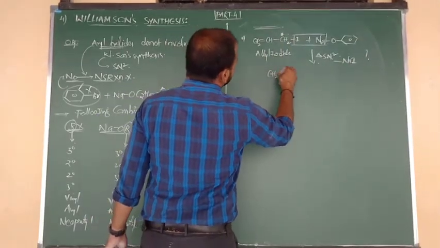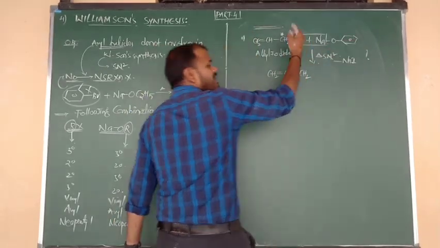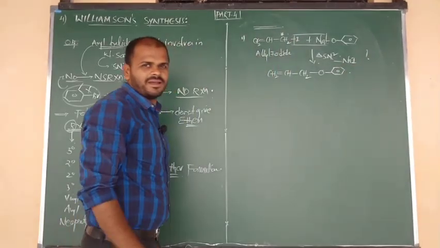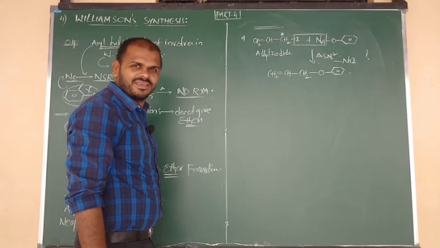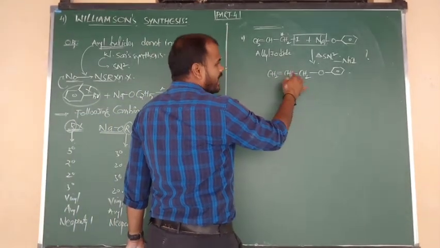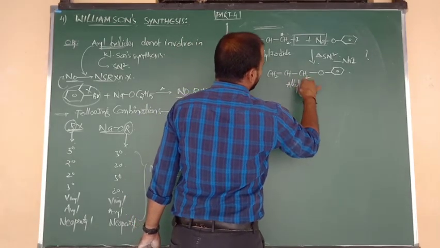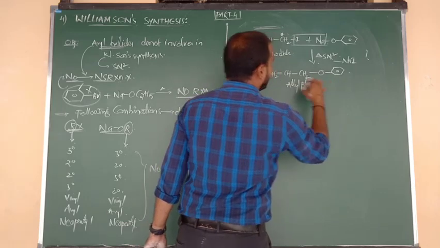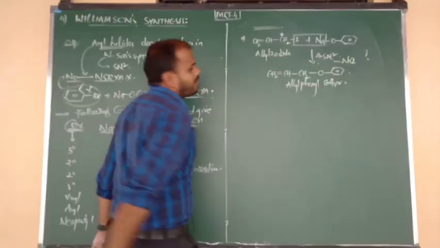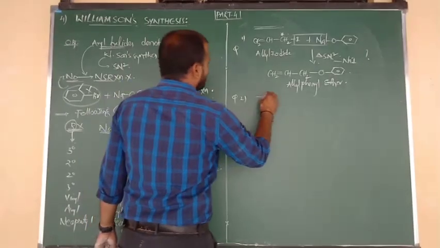What is the product? CH2=CH-CH2, I minus is replaced by phenoxy, so that is nothing but OC6H5. This is your product, beta. So what is the name of this product? You know this very well, beta. This is nothing but the allyl group, and this is phenyl ether. So here also the product is allyl phenyl ether. Allyl phenyl ether. You have to write it like this.